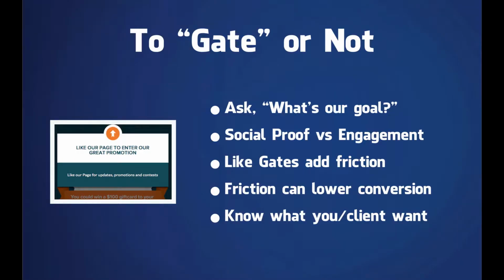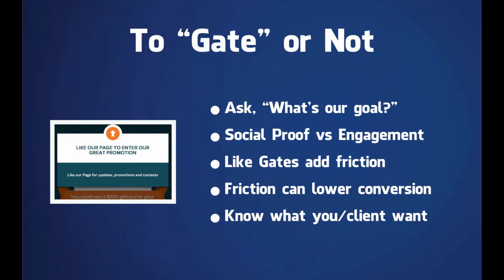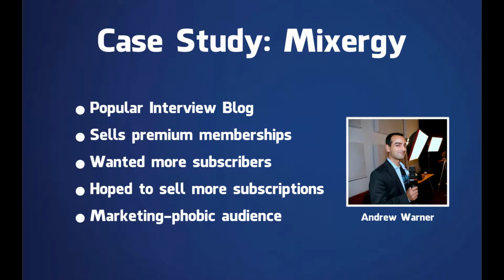So in our particular case study, the friction lowered conversion, but if you test it, someone like Matt is able to actually get better numbers sometimes. The real key here is when you make these decisions that significantly affect the flow of your contest, you need to ask yourself what either you or your client's main goal is, and there can only be one. It's not, I want social proof and I want leads, because social proof is a nice side effect of a good lead generation program.